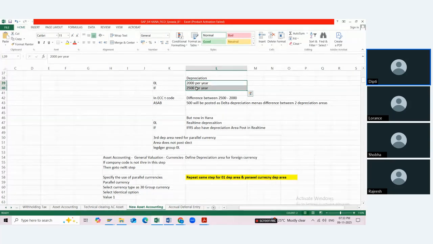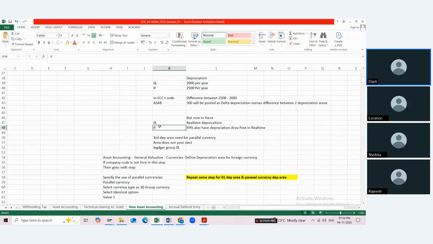Now we do not need a T code, or to post a separate entry for IFRS as 2500. IFRS will calculate 2500 and it is represented in a different ledger, the non-leading ledger, and 0L will represent the amount of 2000 rupees. And that's why it is called new GL accounting with new ledger setup. So I hope you are clear with this concept.